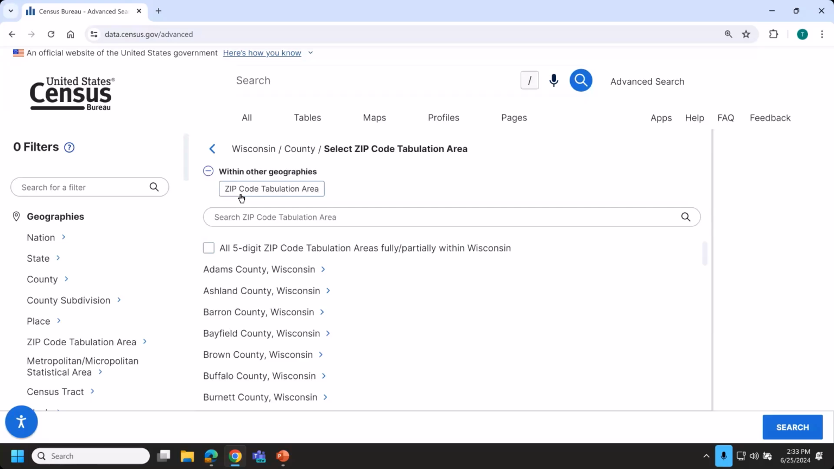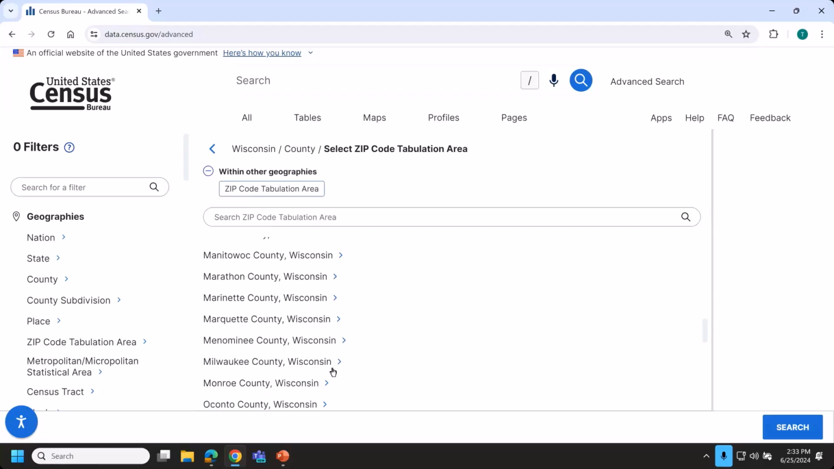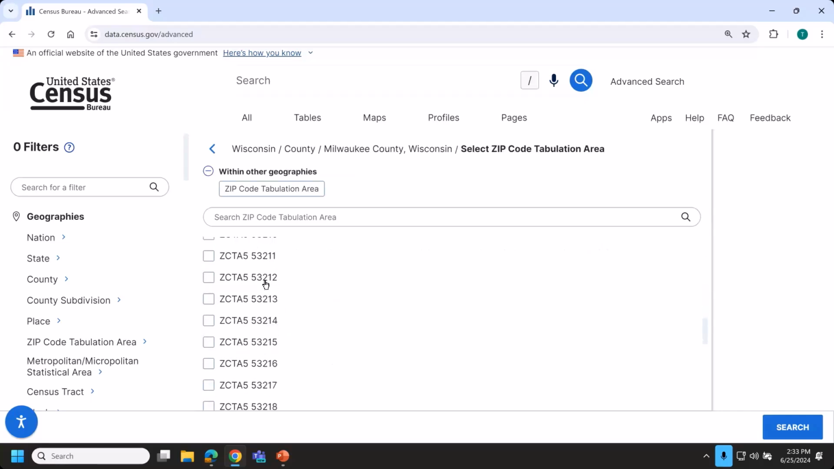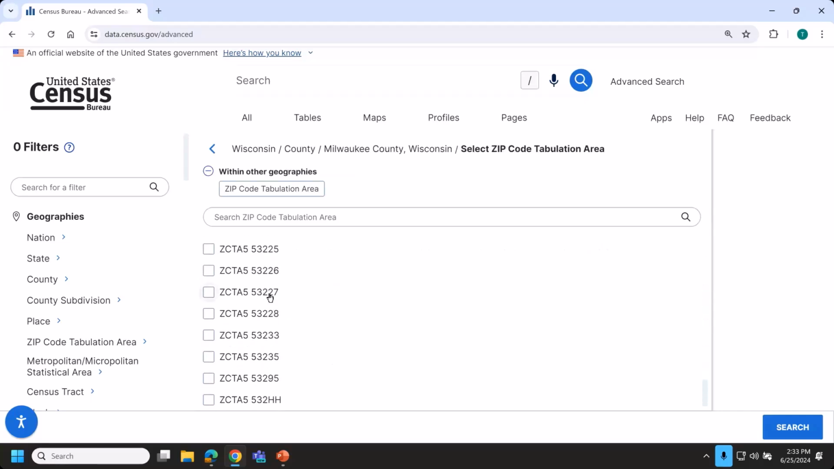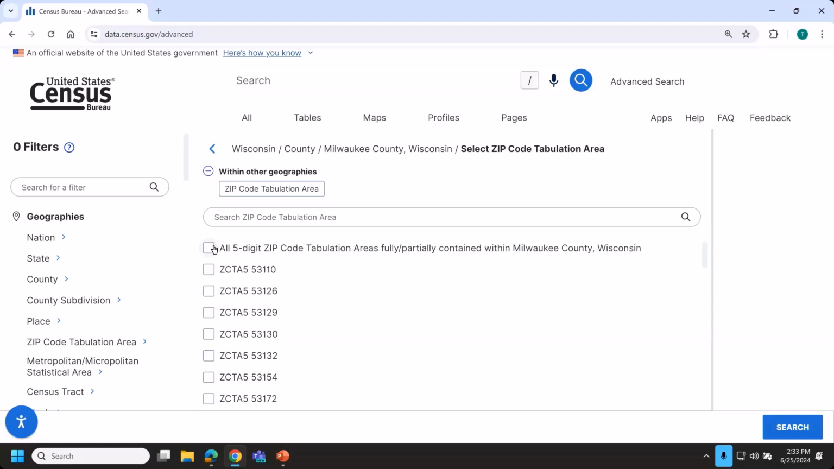This now provides an option for me to drill into an individual county. I'll click Milwaukee County. And then here, this lists out every zip code tabulation area that is fully or partially within Milwaukee County. So I could select them individually. We also have a convenient checkbox at the top, all 5-digit zip code tabulation areas fully or partially contained within Milwaukee